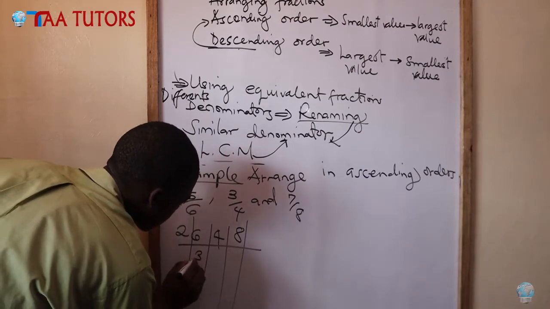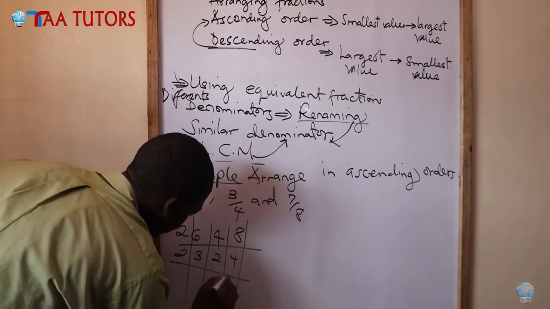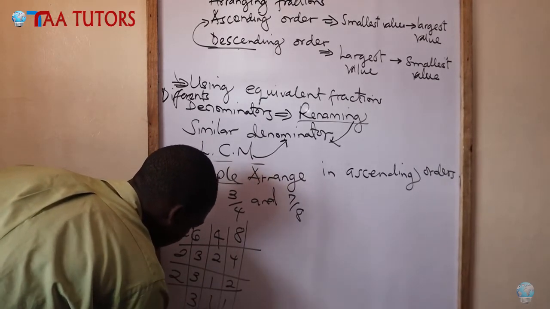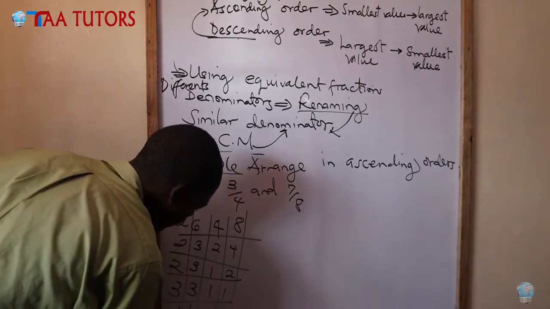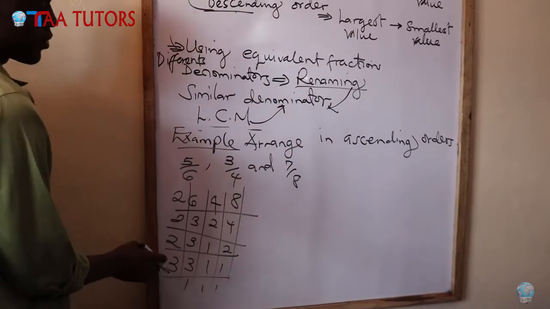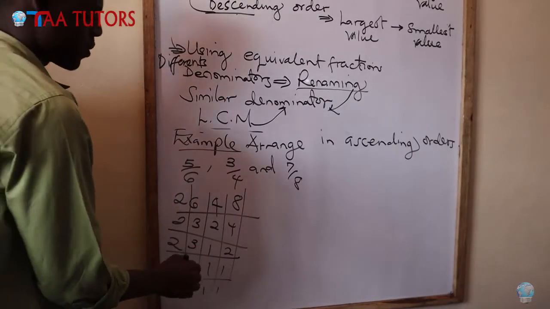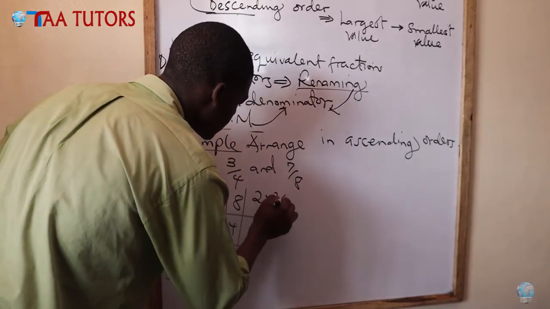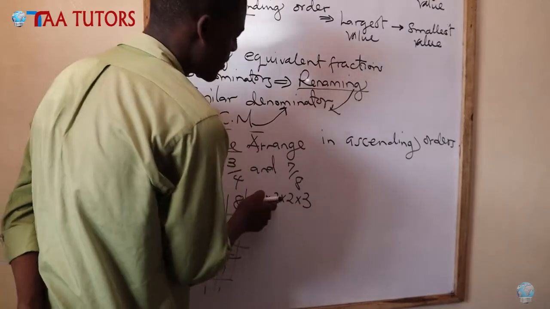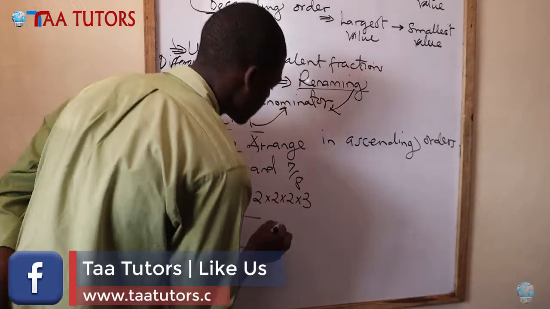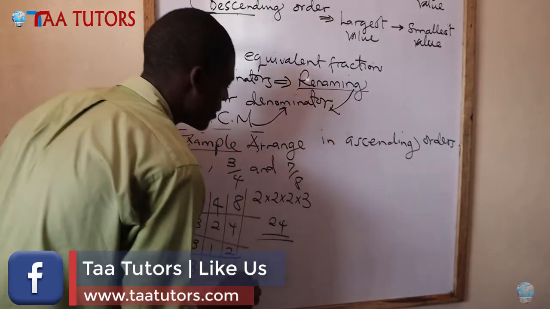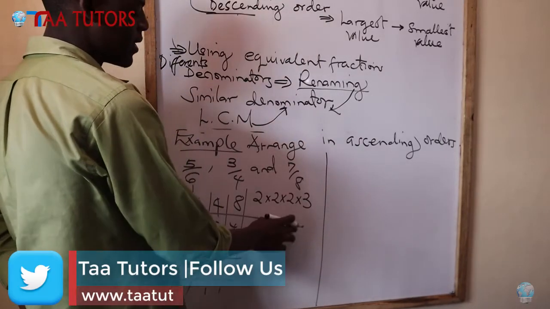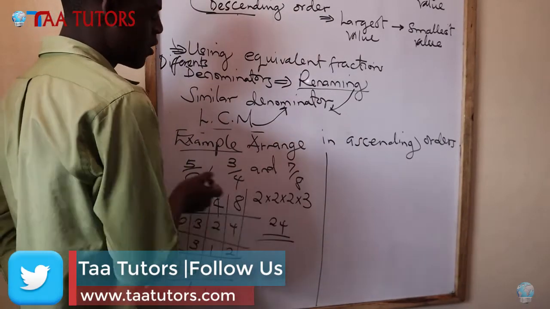If I divide by 2, that will be 3, 2, 4. 2 again, I'll have 3, 1, then 2. 2, I'll have 3, 1, 1, then 3 lastly, I'll have 1, 1, 1. So up to that point, we are through with our LCM process. We know that the multiple here will be 2 times 2 times 2 times 3. 2 times 2 is 4, 4 times 2 is 8, 8 times 3 is 24. So I've renamed so that I have 24 as the common denominator for all of these,